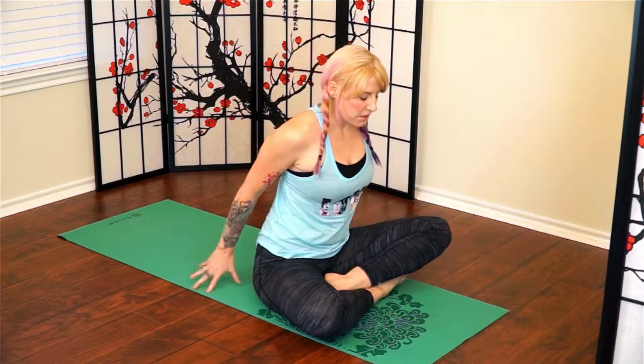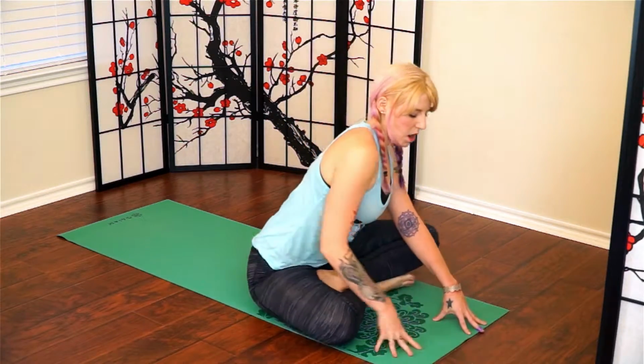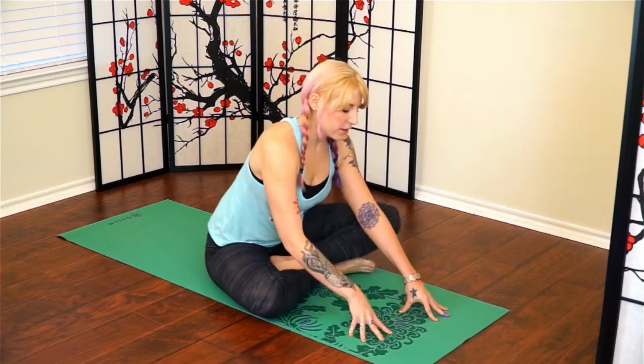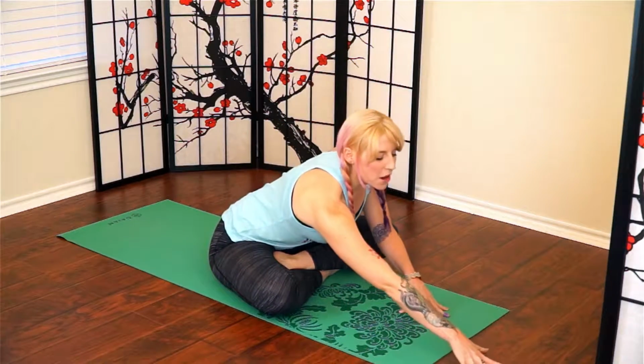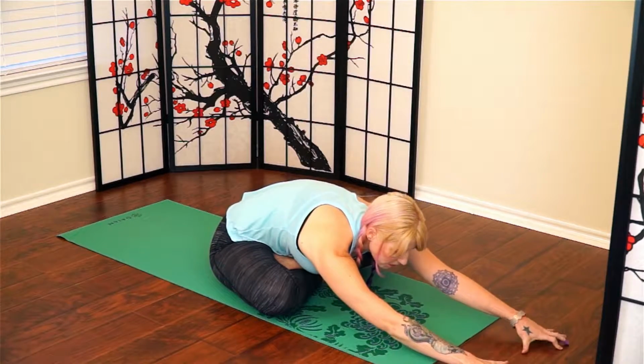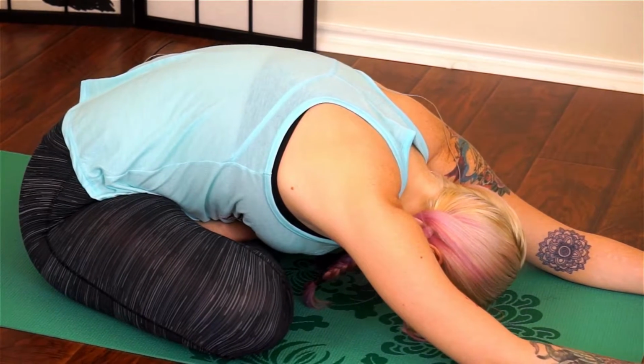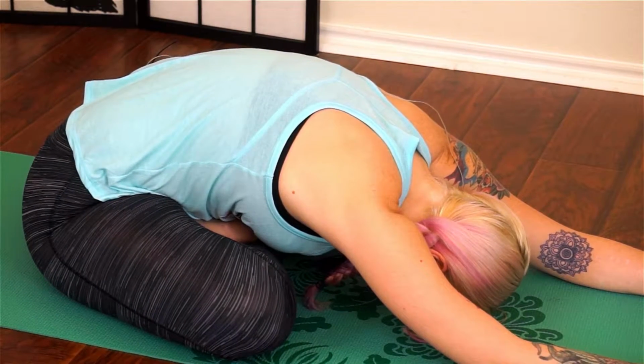So bring your legs to cross. And then you know what? We're just gonna carry our hands in front of us and walk forward. I'm gonna scoot back a little bit for personal reasons. But I'm just gonna keep extending my arms forward and you do the same. Walk your hands forward and allow your head to hang down. And take a breath. Take a few breaths